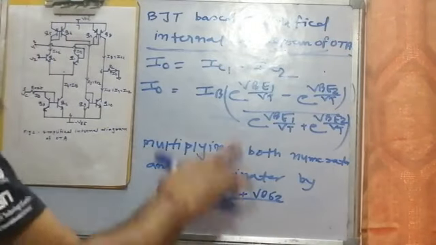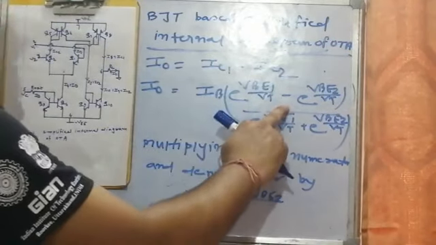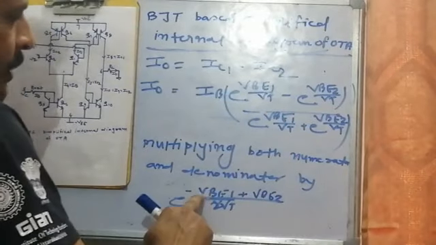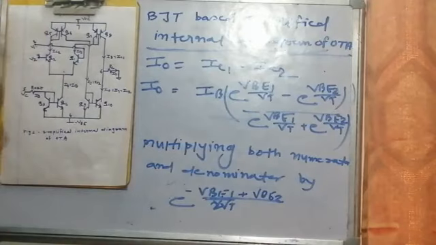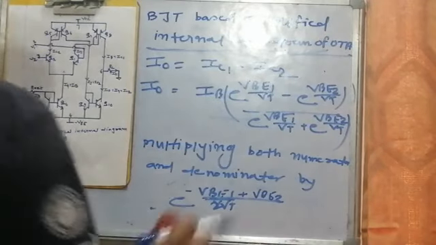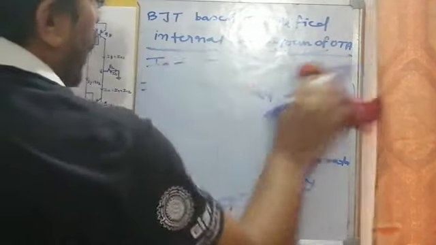Multiply numerator and denominator of this equation with e to the power minus (VBE1 plus VBE2) divided by 2VT. If I multiply this, we will get, I am writing here,